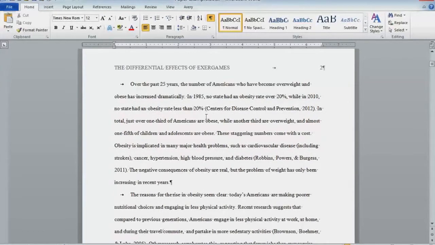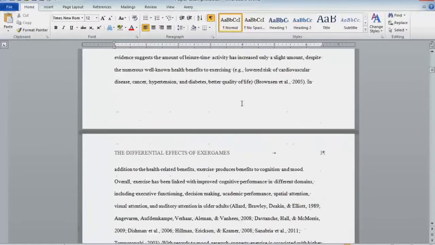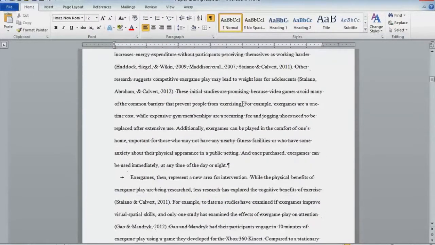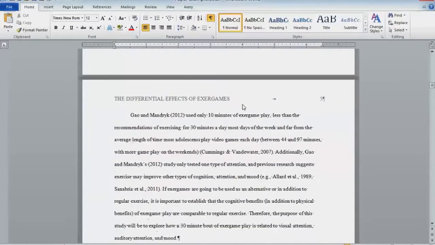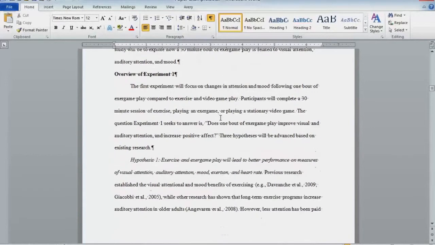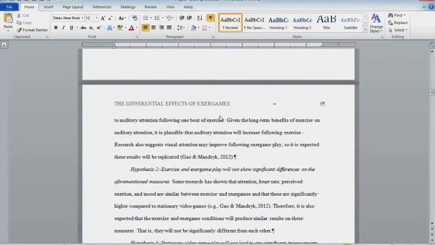Now the first part of any paper is going to be the introduction. We don't need to see any heading for the introduction. You can just go right into it, start writing. But as the paper goes on, it helps to see here there's no real divisions of sections, so if you're scanning through it, you're probably not sure what the writer is talking about here. One thing that helps is using these section headings, and it directs the reader's attention to the heading first of all, and then also informs the reader, hey, this is what the next few paragraphs are going to